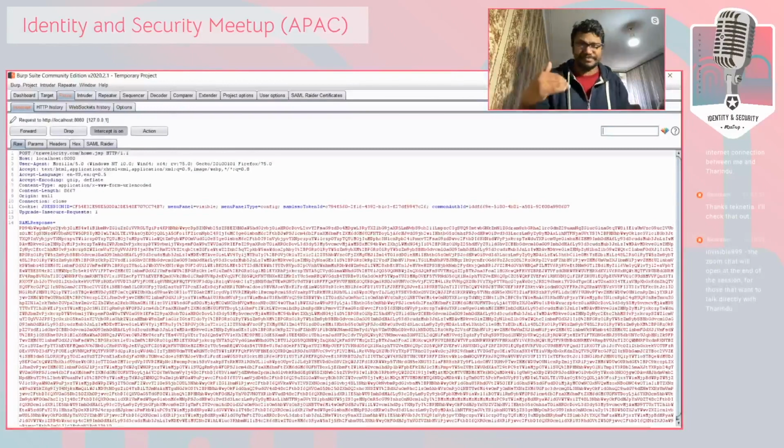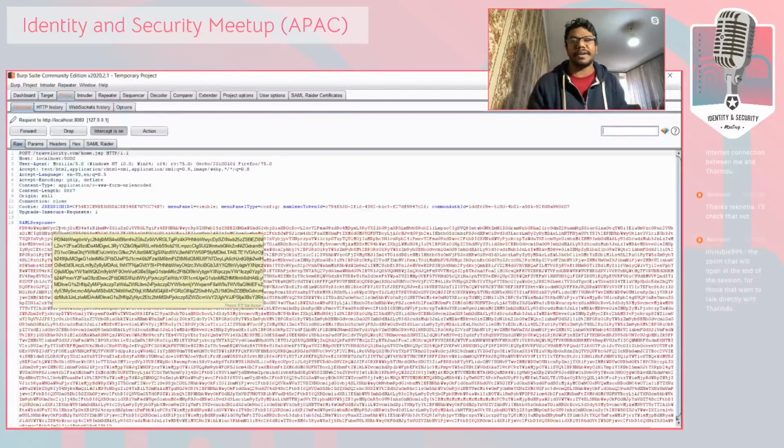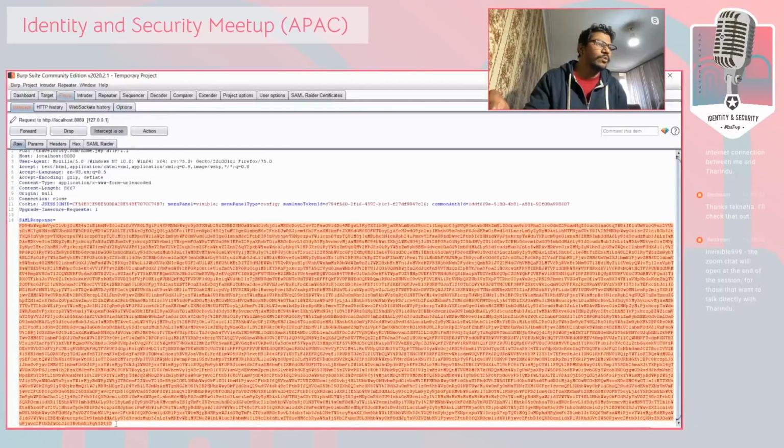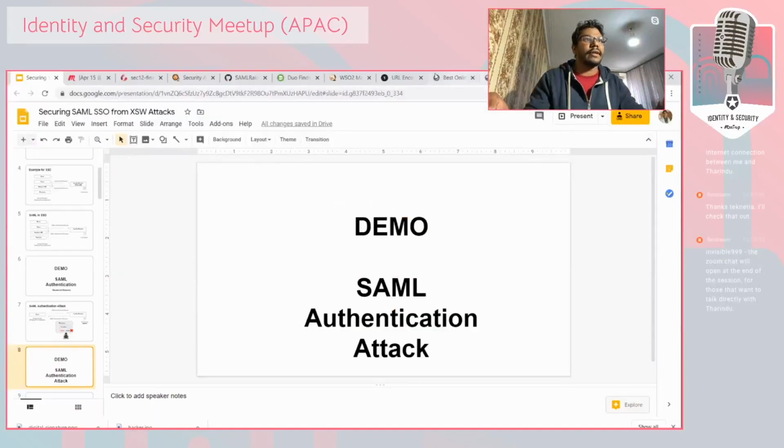Basically, this is the SAML response. What the identity provider does is send an HTTP POST message to the callback URL of the client, or the assertion consumer URL of the client. And then if you want to know more information, let's say you can copy this SAML response, take your browser, and then